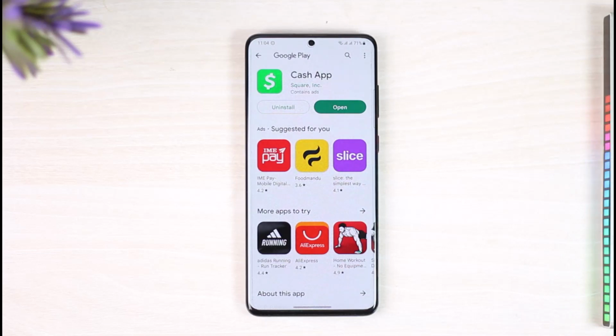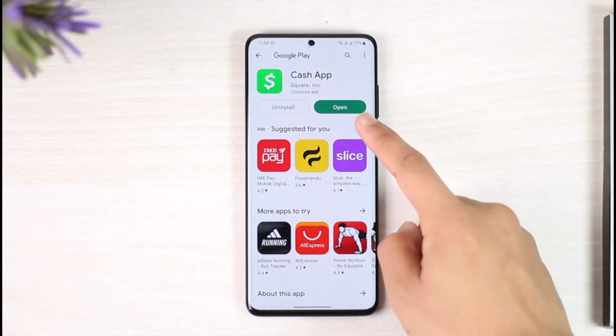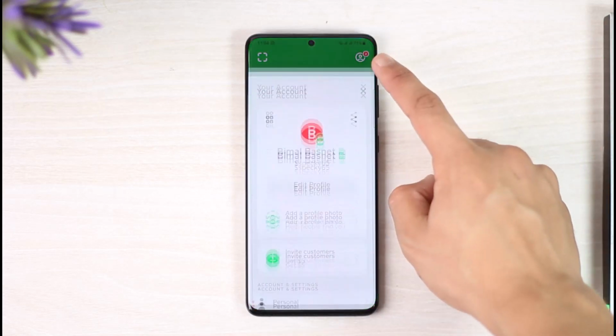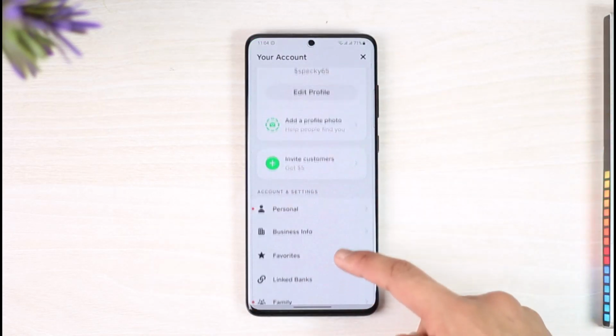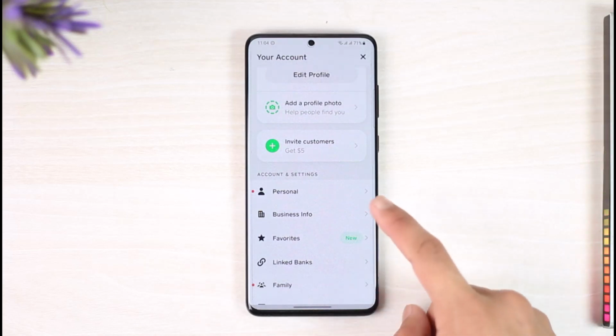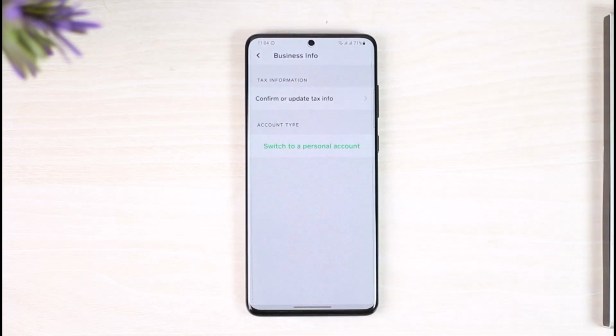Well, in order to do that, first of all, go ahead and launch Cash App on your phone. Once you launch Cash App, you will see this type of interface. Now just tap the profile icon located at the top right hand corner, and then here if you have a business account, you will find the button that says business info. So basically all you need to do is tap on the business info button, and then right over here